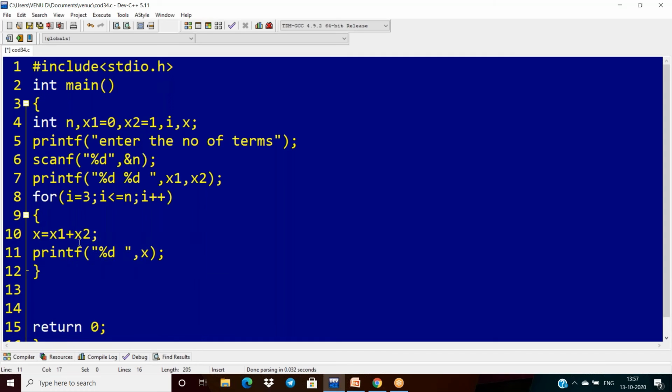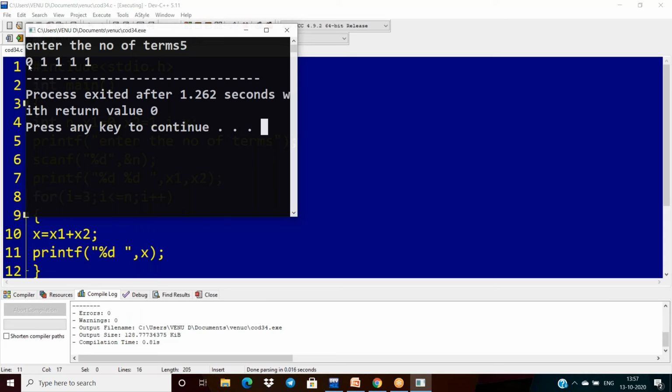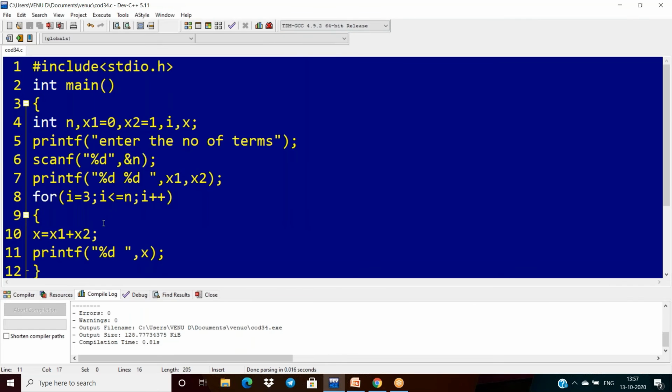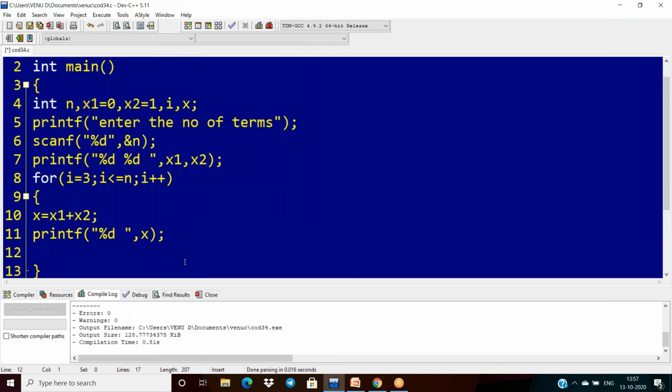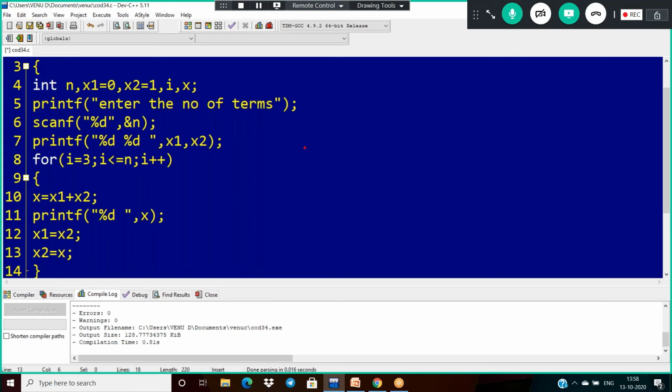Now if I execute this, I am giving 0 and 1 as the input every time, but from iteration to iteration the x1 and x2 values are changed. x1 will become x2 and x2 will become x. Why am I writing like this?